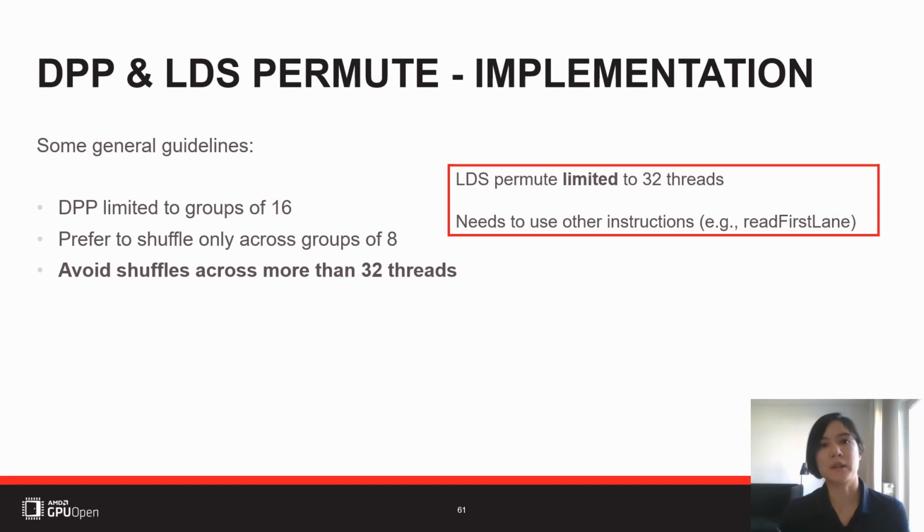So when I tried to do Swizzles along a group of 64, in case of wavefront 64, obviously this is also not a problem here, then it was using a lot of if and else branches, it used read first lane, and yeah, just don't use it. If you do Swizzles, stick to a group of 32. If you go beyond this, then use LDS or something else, but don't do the Swizzles.